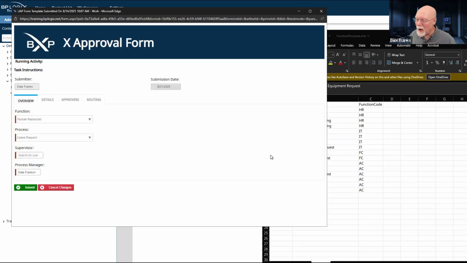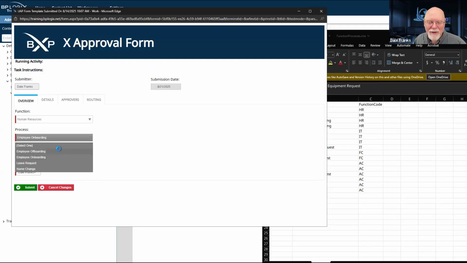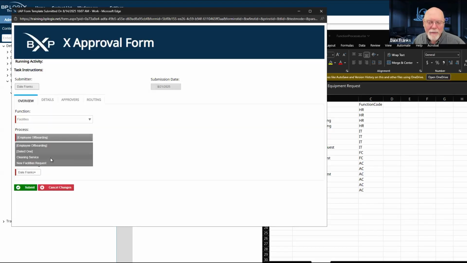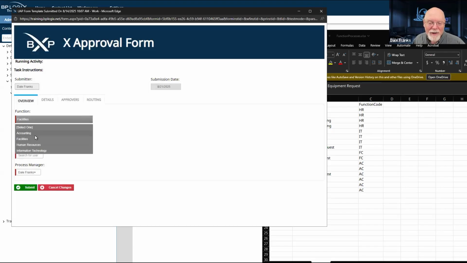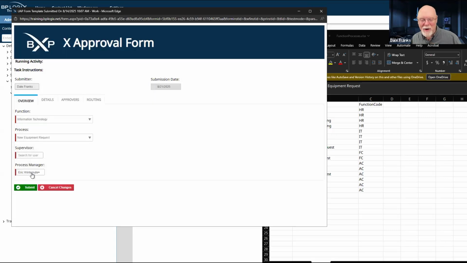I was trying to grab Diana, but unfortunately I've forgotten what it was that I assigned Diana to. And all the rest of them are going to be me unless I cleaning service, or was it new facilities request? Nope, they're all me. So to see someone else, I guess we're going to have to go back to information technology and new equipment request, and we can see there's Eric Wintemute.